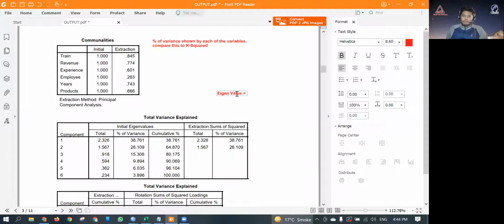Now the total number of components is 6. So out of 6, 2.326 is the eigenvalue of component 1, which means it is the percentage of total variance shown by that factor.